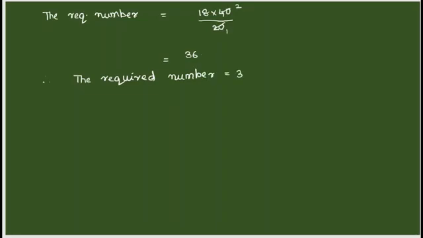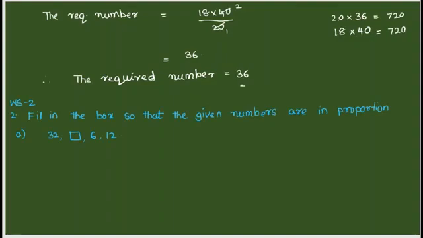For your confirmation, in rough space, you can find the products, product of extremes as well as product of means. What are the extremes we have got? 20 and the number we have got, that is 36. 20 and 36 when you multiply, you get 720. And the remaining two numbers, the means, which are given, that is 18 and 40. 18 times 4 is 72. When 72 is multiplied by 40, that is 4 into 10, we get 720. So here we confirmed that both products are the same. That means the required number is 36.